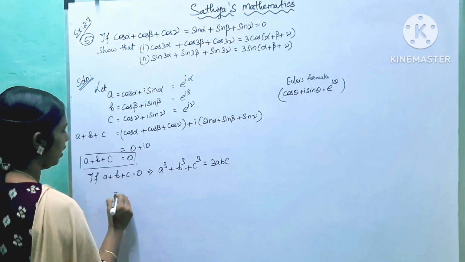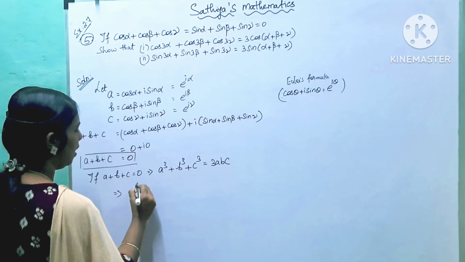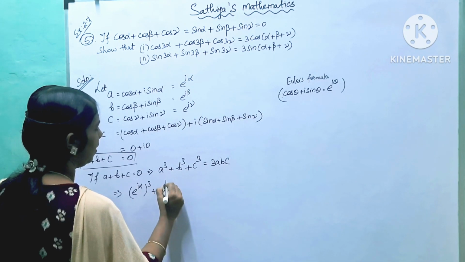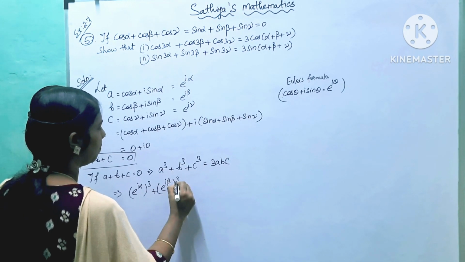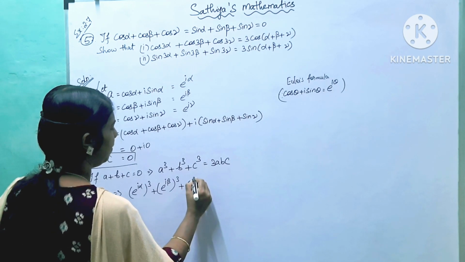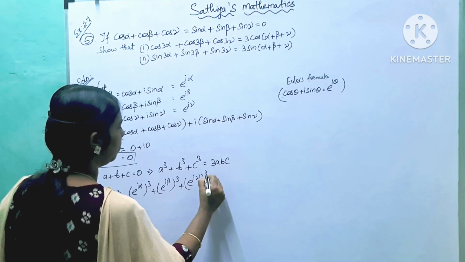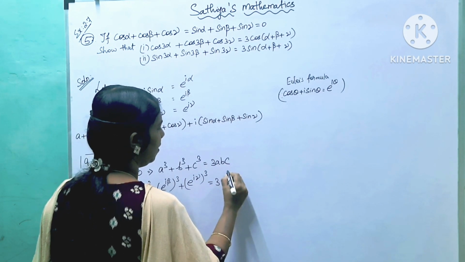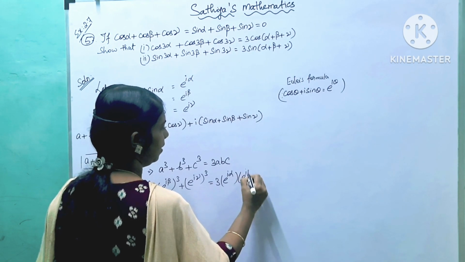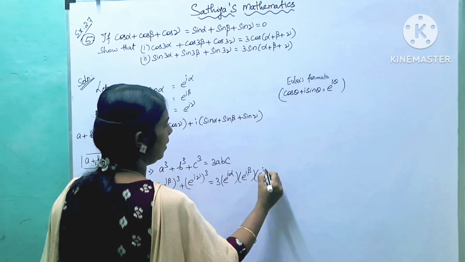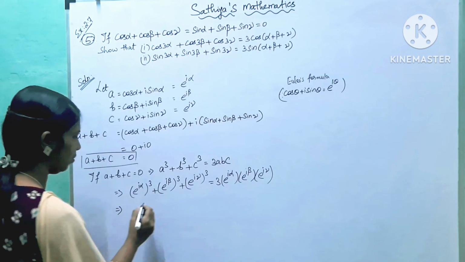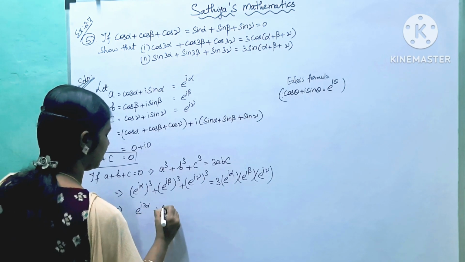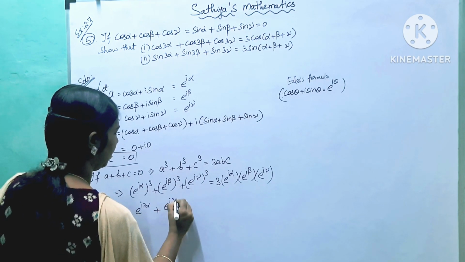So A cube we can write as e power I alpha the whole cube, plus B cube we can write as e power I beta the whole cube, plus C cube we can write as e power I gamma the whole cube, is equal to 3ABC, that is 3 into e power I alpha into e power I beta into e power I gamma. Power and power multiply. So we can write this as e power I into 3 alpha plus e power I into 3 beta